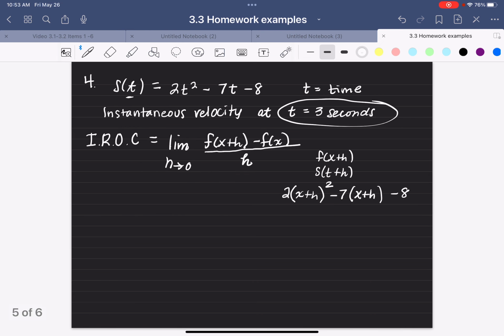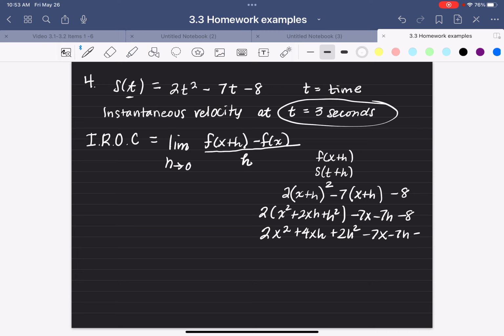So I'm going to go back over here and I'm going to put 2 times (x squared plus 2xh plus h squared). Then it's minus 7x minus 7h minus 8. Distribute the 2: 2x squared plus 4xh plus 2h squared minus 7x minus 7h minus 8. Now, all I have done is f of x plus h. I haven't done the minus f of x or the divide by h,